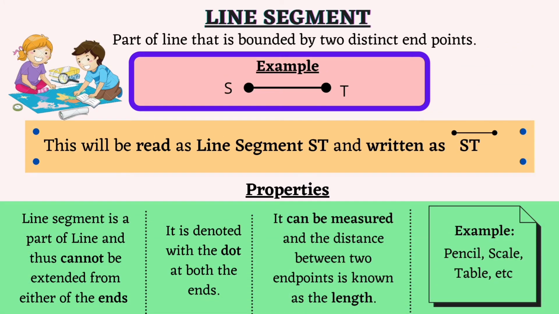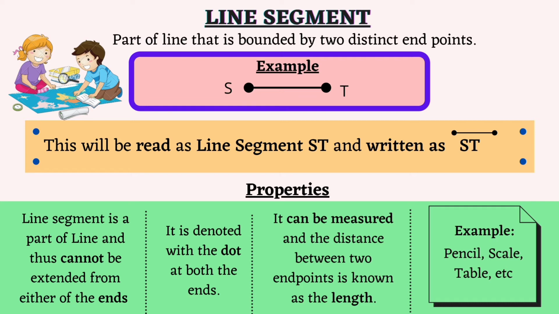Line segment is a part of a line, but the main difference is that there are two distinct endpoints to it. One can see the example of line segment below. Here you can see that there are points at both the ends indicating the length cannot be extended further. Now this figure will be read as line segment ST, and while writing it will be written as ST with a small line segment drawn above, just like we write the line. The properties will be: as explained earlier, the length of the line segment cannot be extended from any side because of the endpoints, which means to stop.